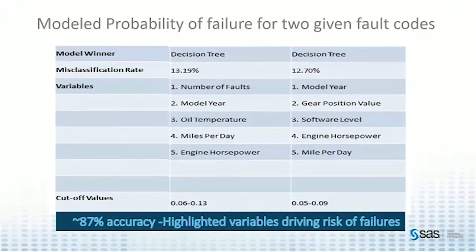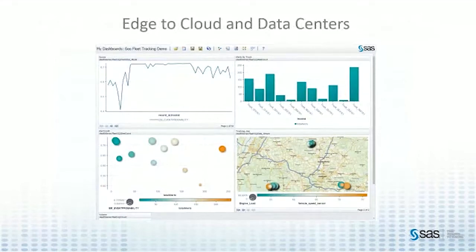And here we did a pretty good job of helping one vendor really reduce the amount of vehicles that they had to take a look at, because we found these various categorical variables and also streaming variables that would highlight the vehicle problems. So again, the main point with predictive asset maintenance is to take the information off of the vehicle, get it out at the edge, make decisions there, give the driver some feedback about what's going on in the vehicle, maybe share various endpoints of information with the driver before sending it up to the cloud and to our data centers.